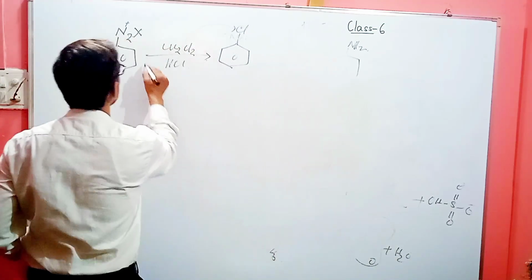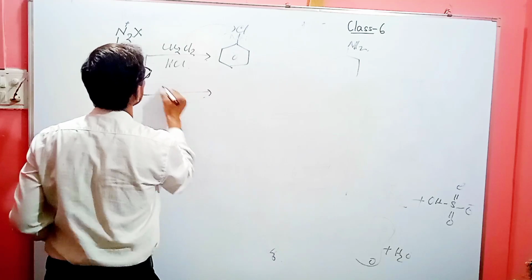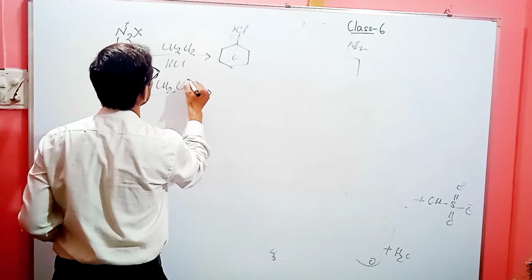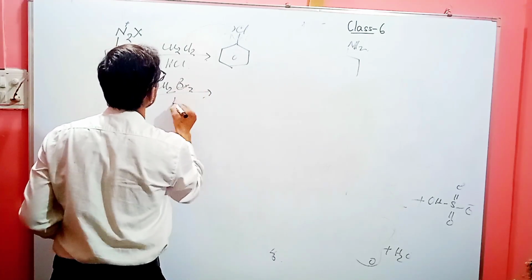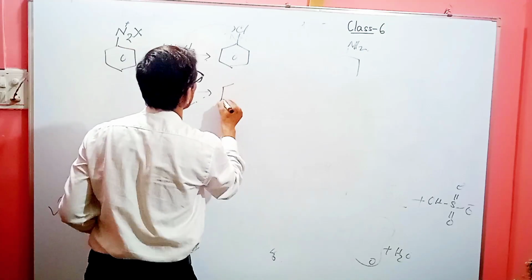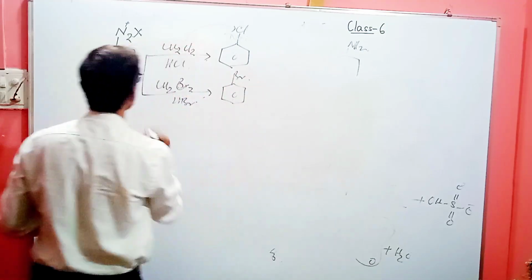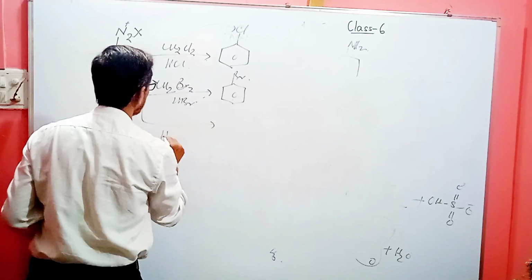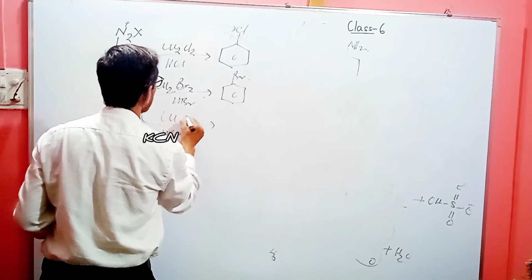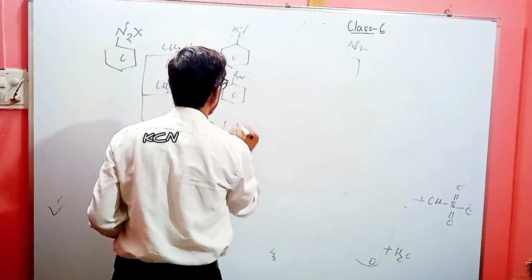And if this is Cu2Br2 and HBr, the answer is bromobenzene. If this is CuCN, the answer is